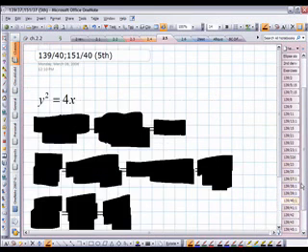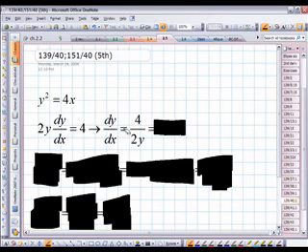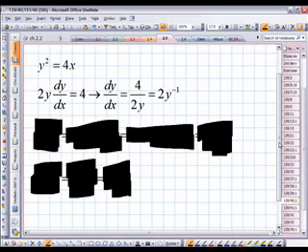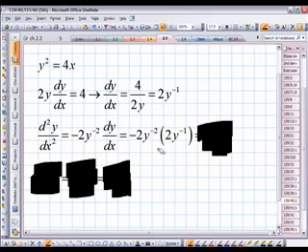Okay, last one, y squared equals 4x. So I've got 2y dy/dx equals 4. Divide both sides by 2y, and so I end up getting that dy/dx is 2 times y to the negative 1. So now I've got to differentiate again. So second derivative is negative 2y to the negative 2 times the derivative of y, which is dy/dx. So here's dy/dx is 2 times y to the negative 1. Plug it in here. So substitute it in, and you get then negative 4y to the negative 3,